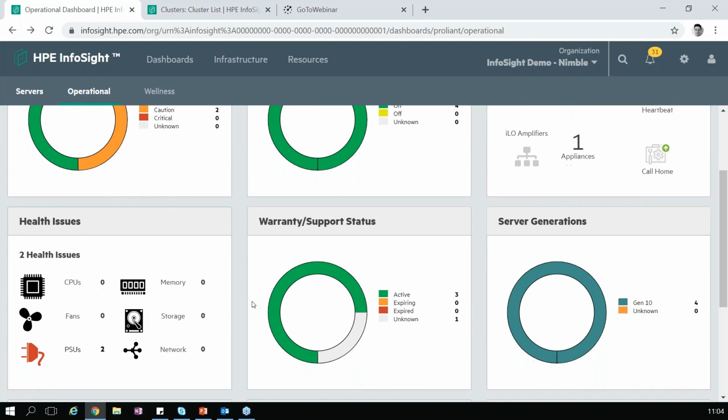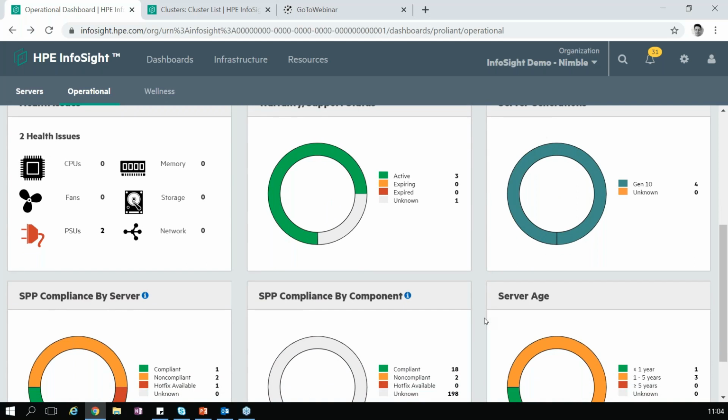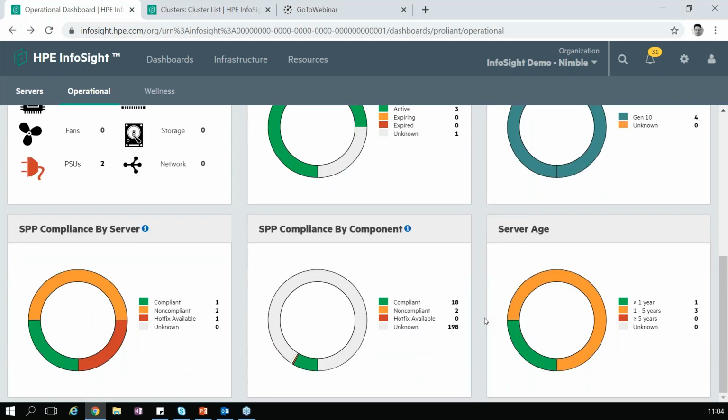We can also take a look into the warranty and support status, whether it's still active or whether it's expired. We can identify what the generation of those servers are, the age of those servers, and whether they're compliant with Service Pack for ProLiant. So with the SPP compliance, we can identify whether you may need to apply any hot fixes or whether it's